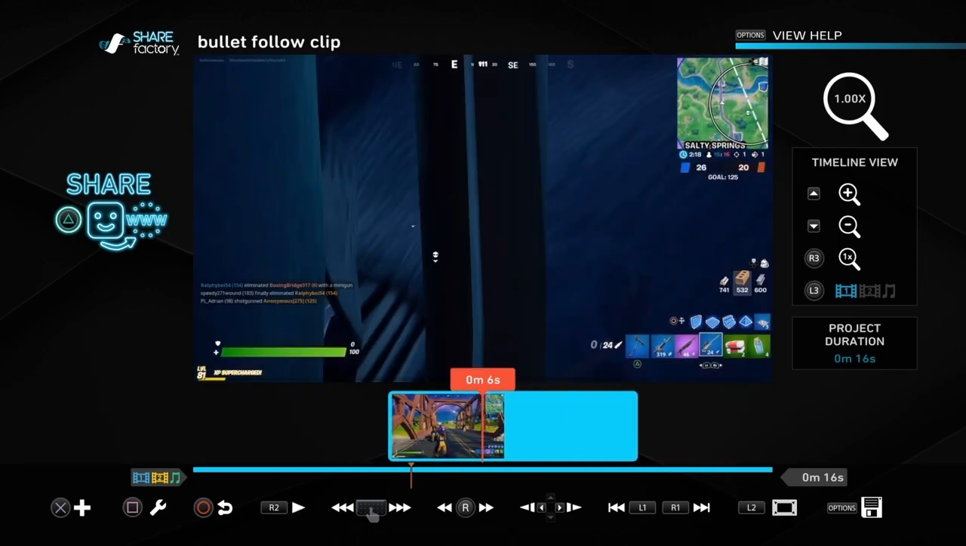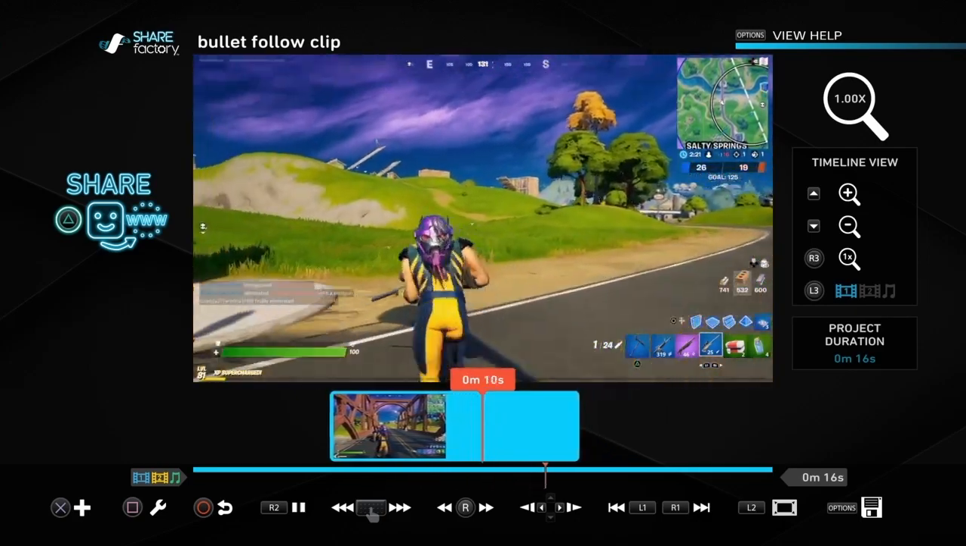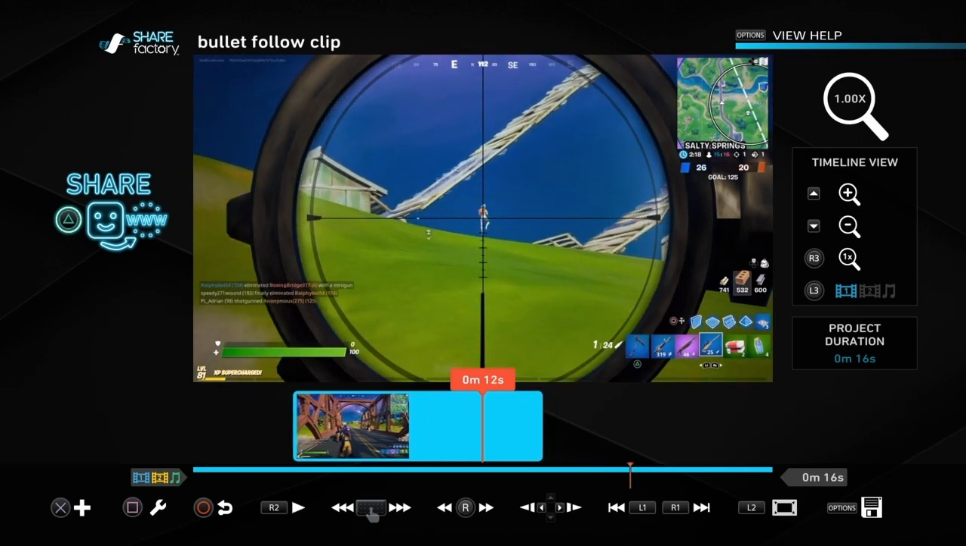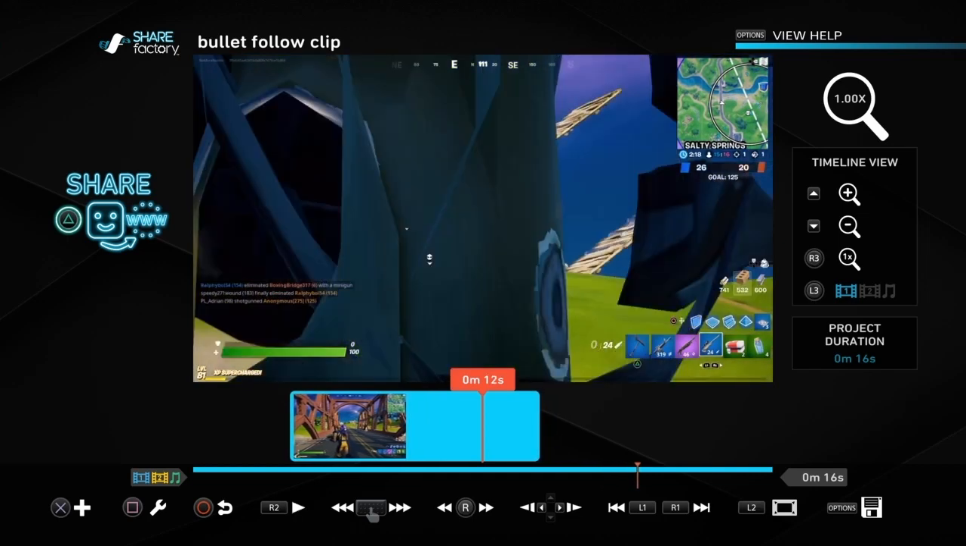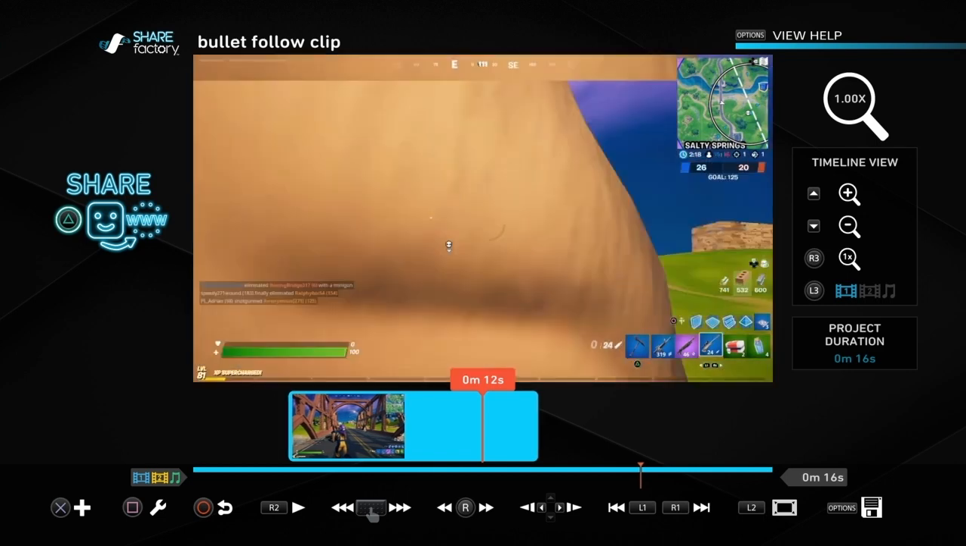So what we want to do is go back to the point where we're just about to fire the shot. So you'll see that we're looking down the scope, and then what I want to do is literally fire the shot, and as it starts coming out, I'm using the D-pad to move frame by frame to the right,